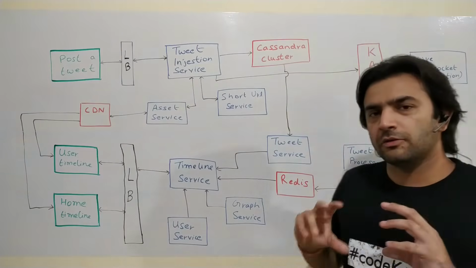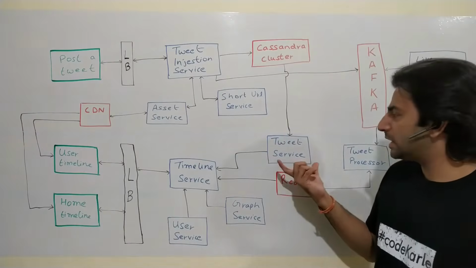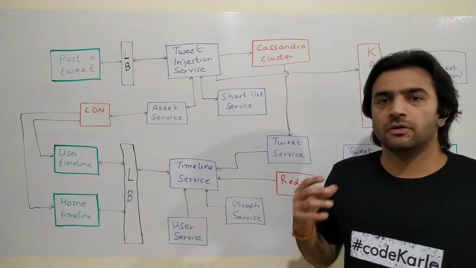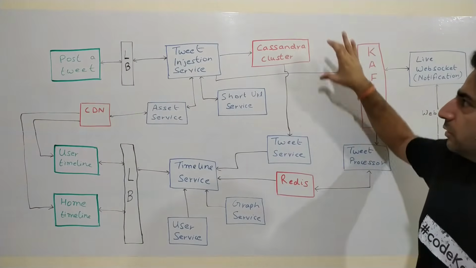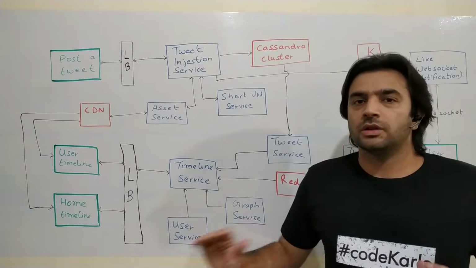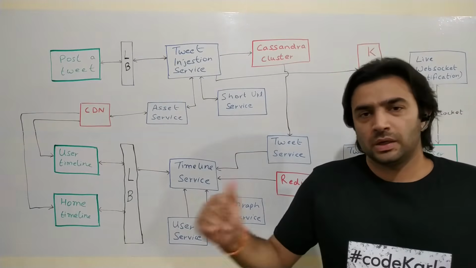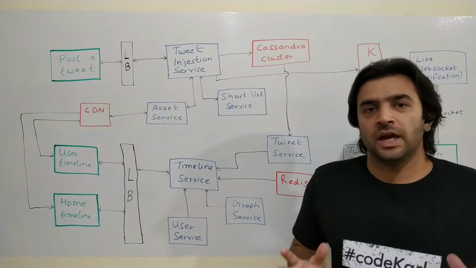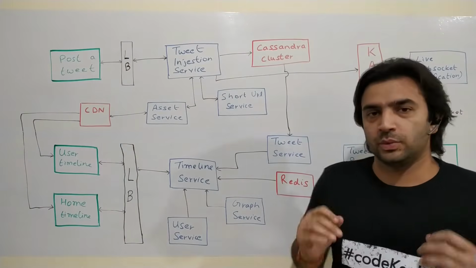But first we'll go over a couple of platform components that we have built. So there is this tweet service that I have. This is basically a source of truth service for all the tweets. It sits on top of this Cassandra cluster and owns the schema and the data within that. This tweet service will provide you all the set of APIs that you need to display any tweet. So get by tweet ID, get tweets of a user, all those kinds of APIs are provided by this tweet service. And whenever somebody's timeline needs to be generated, that is also powered by this tweet service.